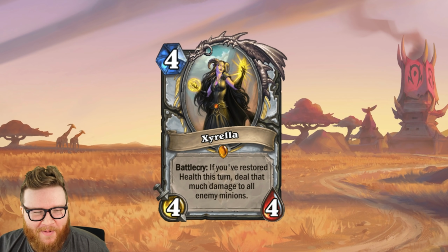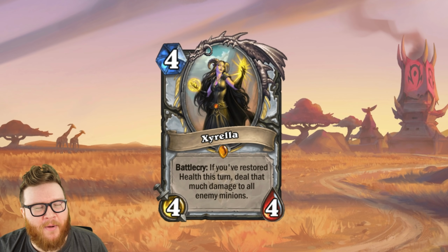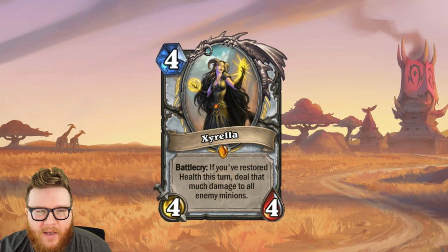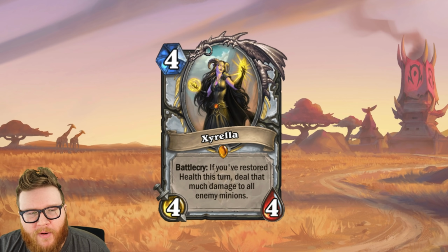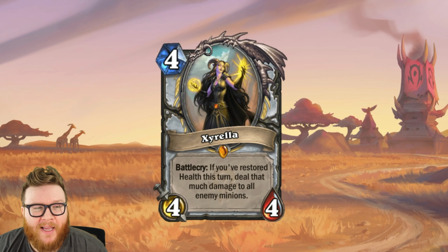She is a 4 mana 4/4 for Priest, of course. And if you restored health this turn, deal that much damage to all enemy minions. So an enormous board swing sort of card here, completely wiping your opponent's stuff very often and developing a 4/4 along the way. And she's only 4 mana. I swear to God, this card could be like 8 mana and it might still get played